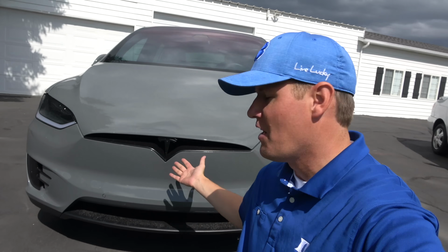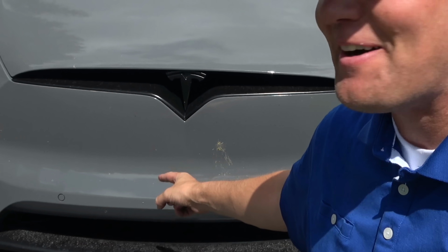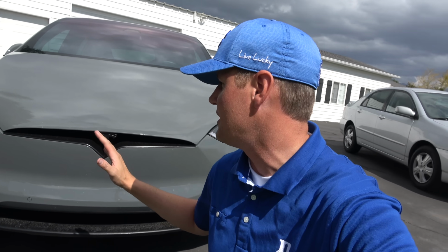I mean, it's beautiful. Yes, it has some dead bugs on it right now. But this is the fastest SUV in the world, the safest SUV in the world, and I think the sexiest looking Tesla Model X that is out there. The color is just incredible. The custom tint that we did on it. I love this car, but I just could not have it in my life anymore, and I had to get